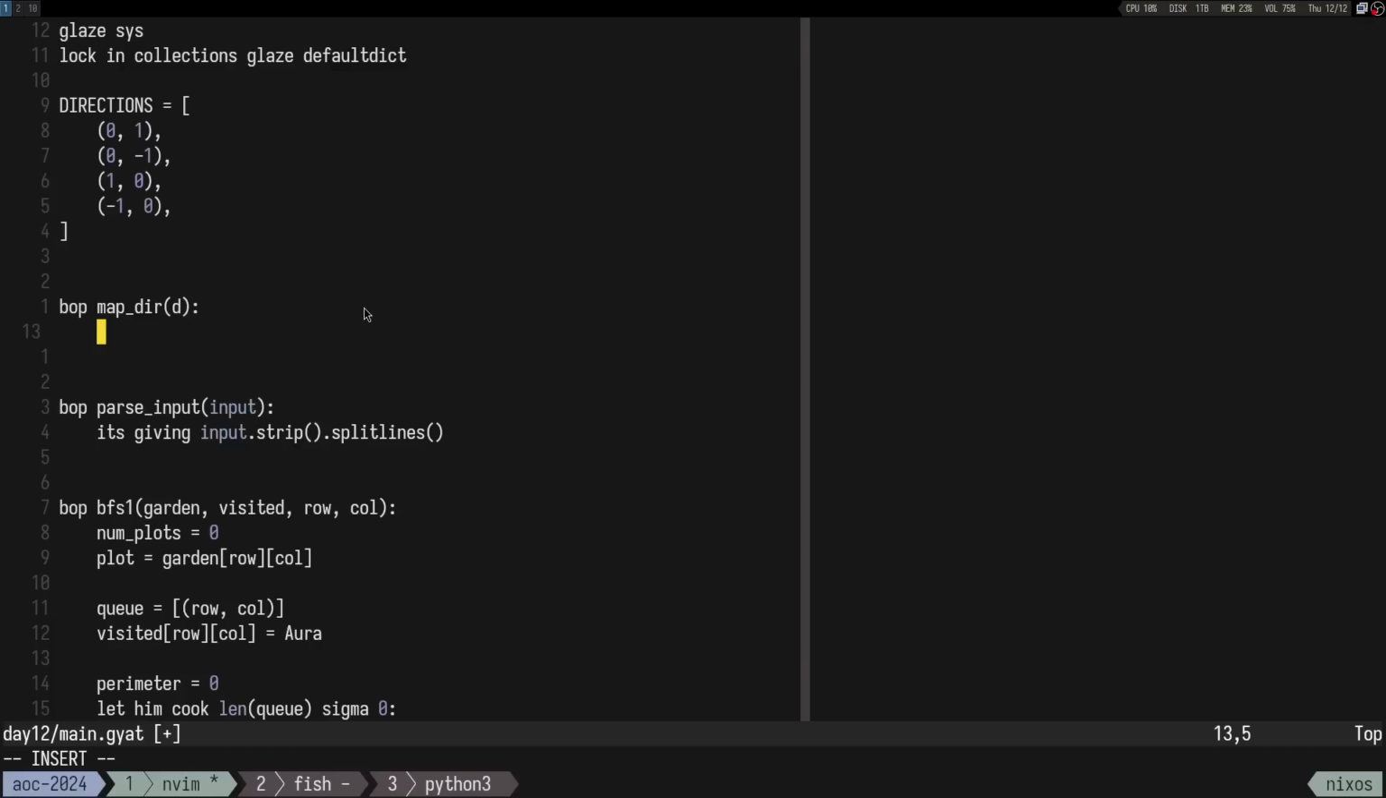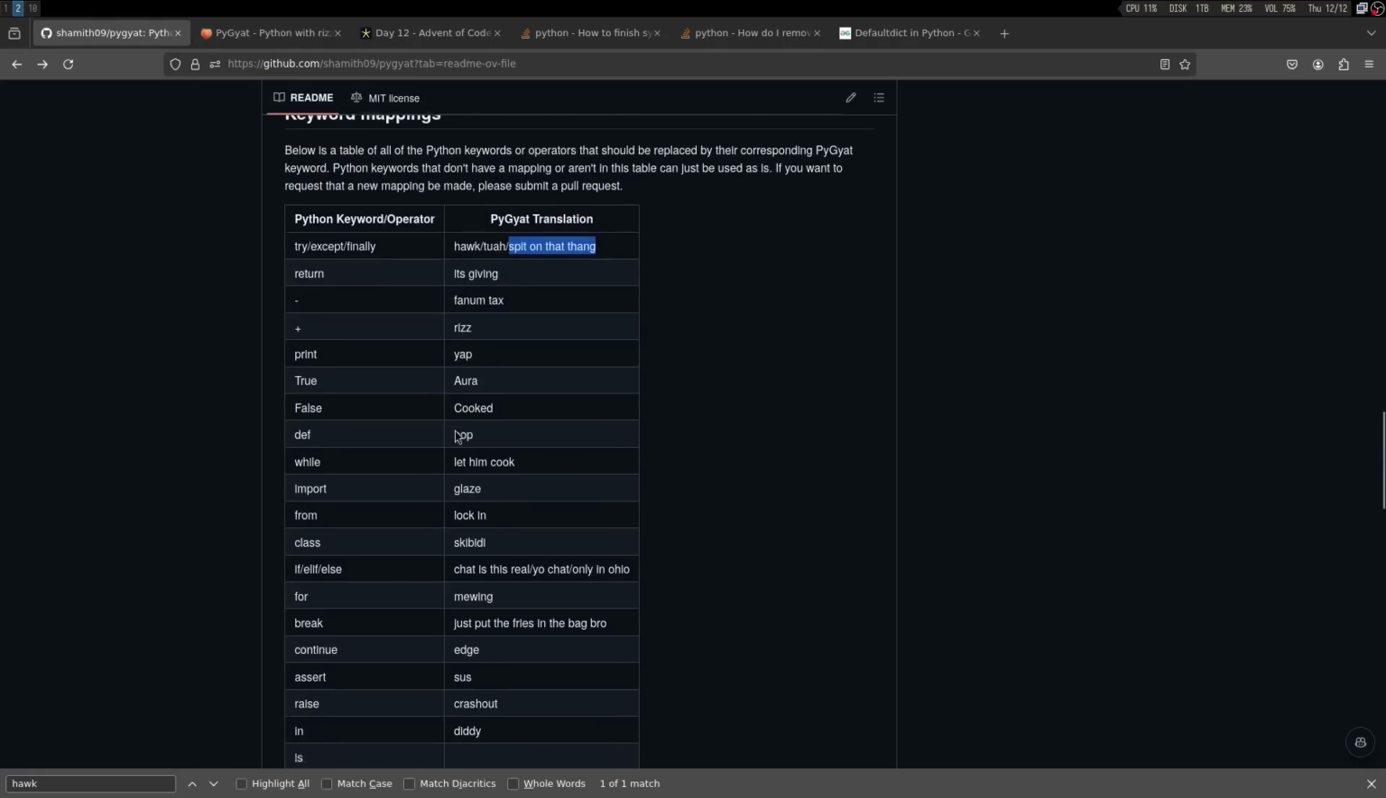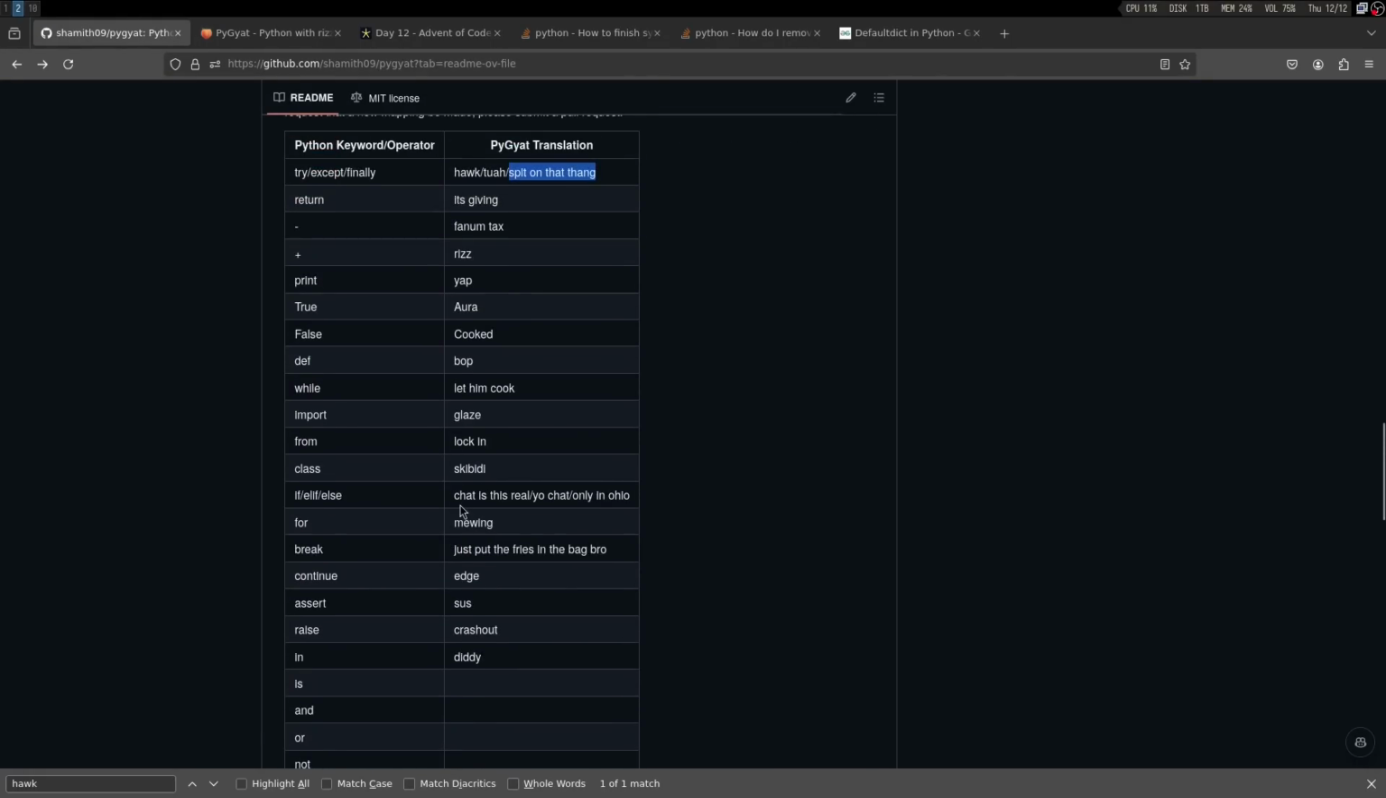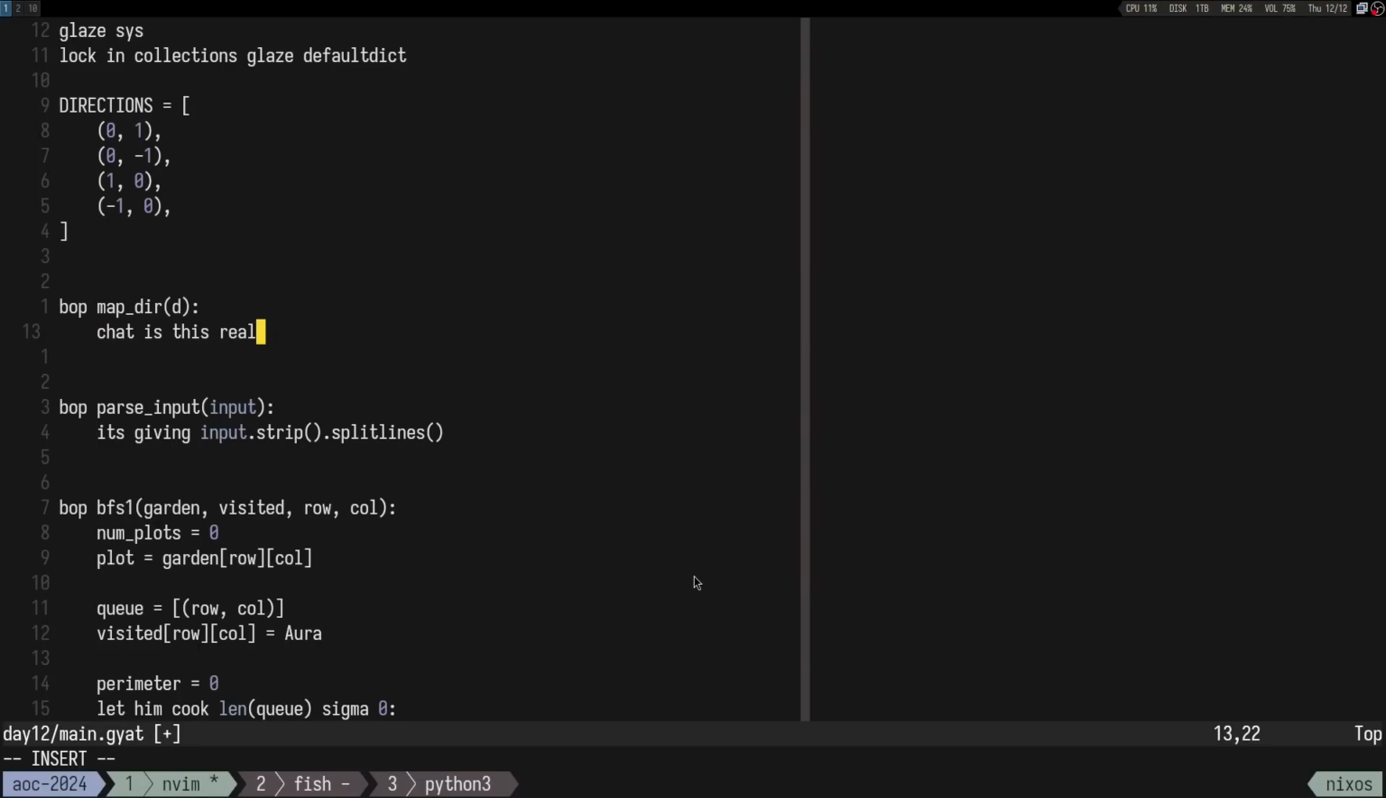Chat, is this real? Oh, do we have a switch? I mean, no, I don't really like switches in Python anyway. Chat, is this real? D twin directions 0. So